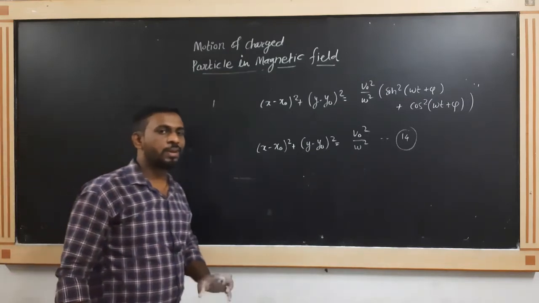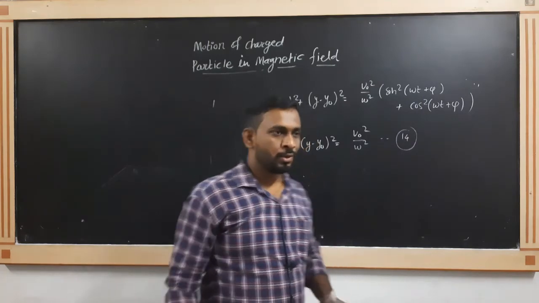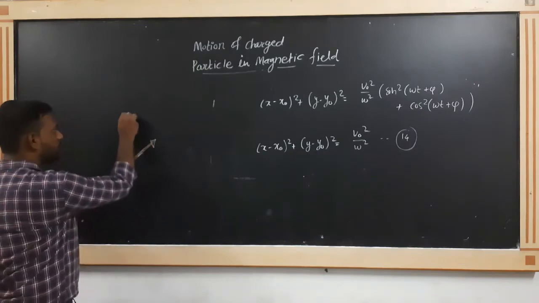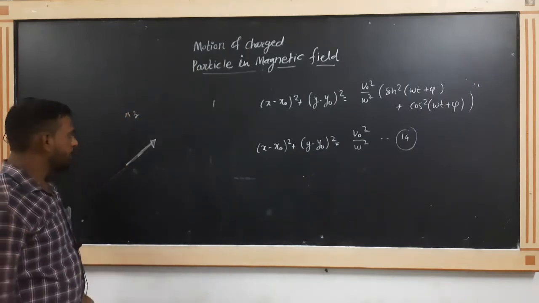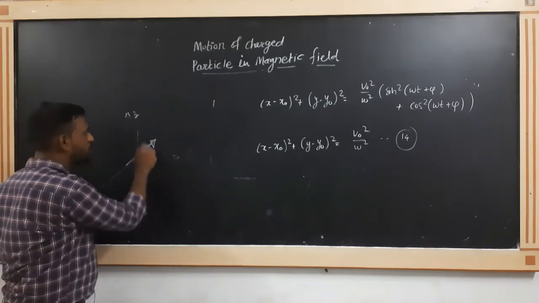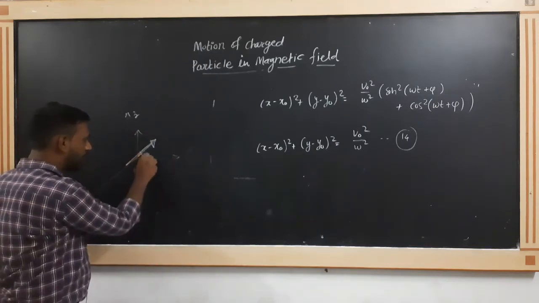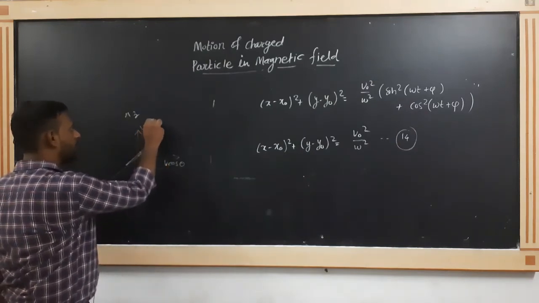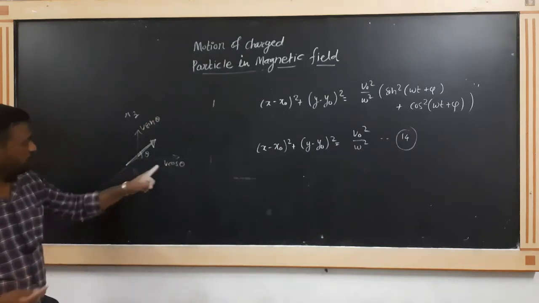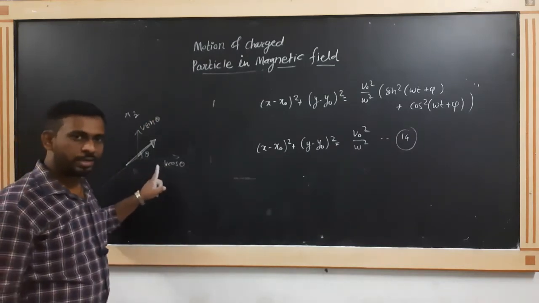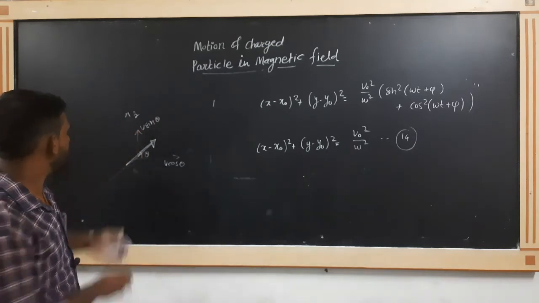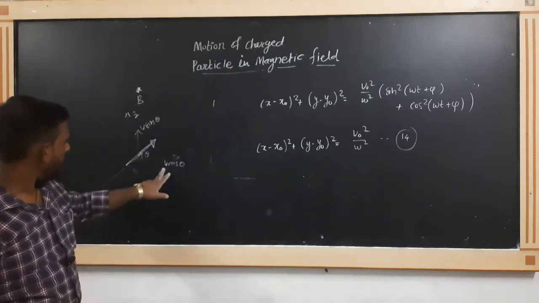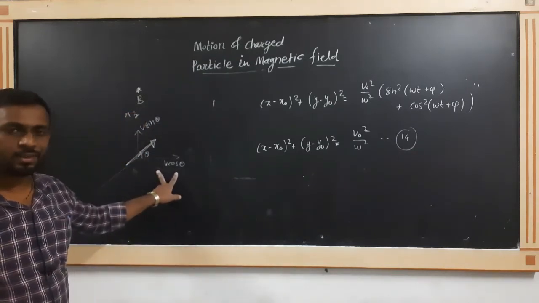there is no such definite angle between the magnetic field and the particle's motion. Suppose this is z, and the charged particle moves. So the motion of the charged particle has these two different components. Suppose it makes an angle theta. So this is v cos theta and the vertical component v sin theta. So v cos theta is the perpendicular component of velocity; this is the z direction, this is the velocity, and the magnetic field is along the z direction. So the angle between B and v cos theta is 90 degrees.